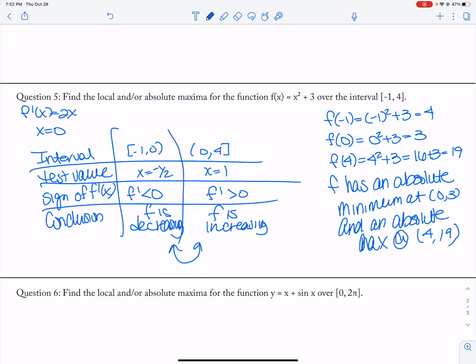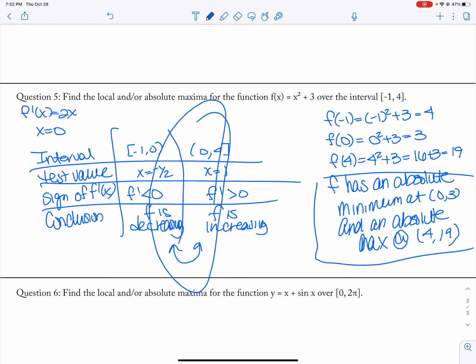Okay? And I cannot classify any locals because my critical number actually is my only place where I could have